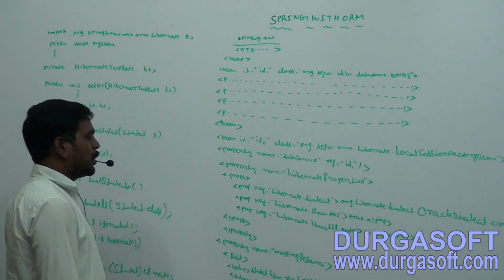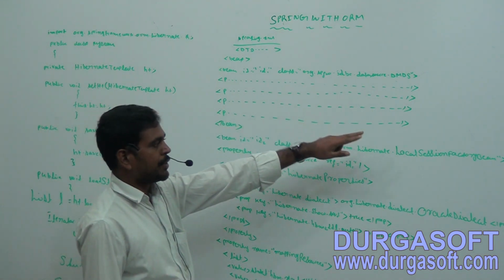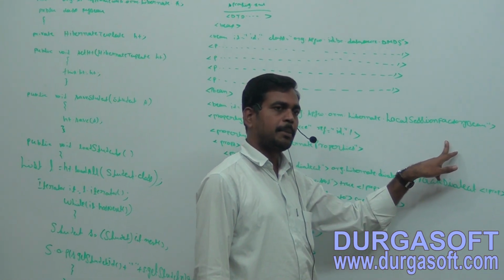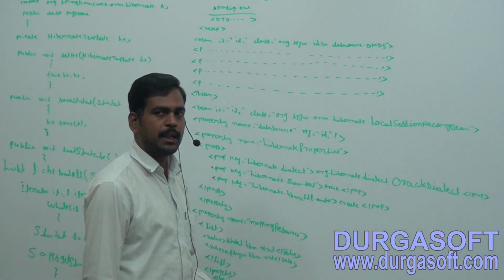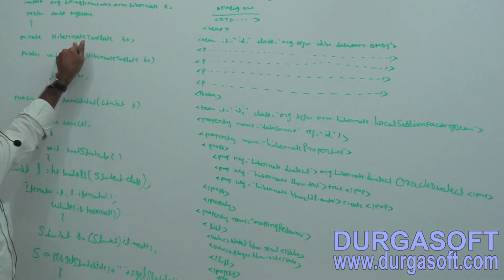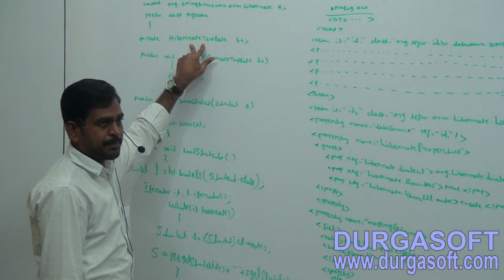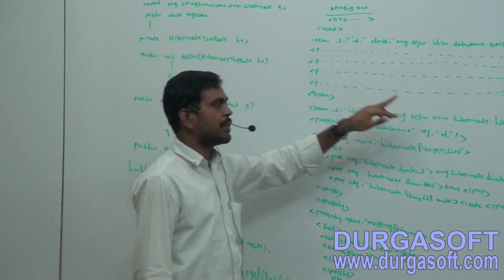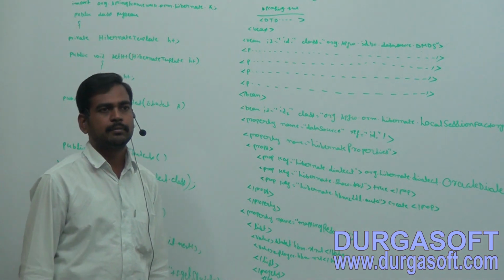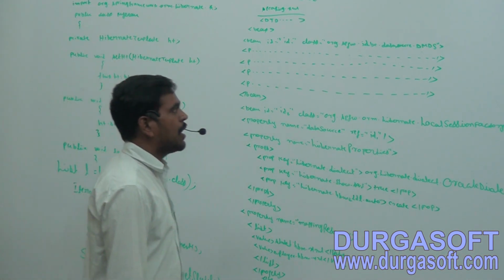So now here two beans are completed. Number one is what? Driver manager data source. Number two is what? Local session factory bean. Then next we have to configure here Hibernate template or not. We need to configure Hibernate template. Hibernate template is required for one session object. That session object is going to be given by the local session factory bean based on these three things. Right? So now we need to configure the Hibernate template. So now how to configure?